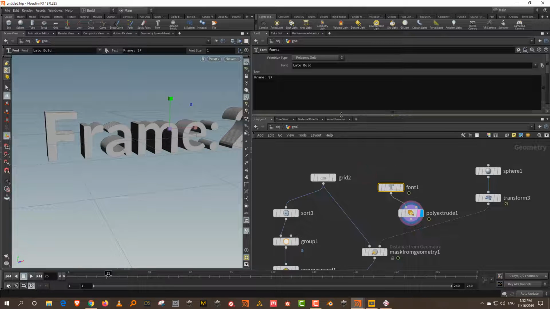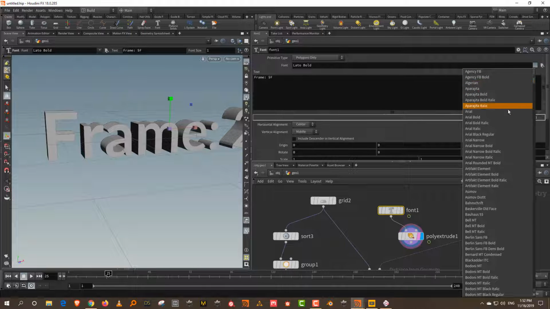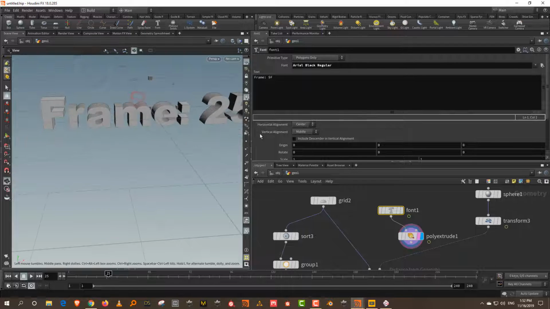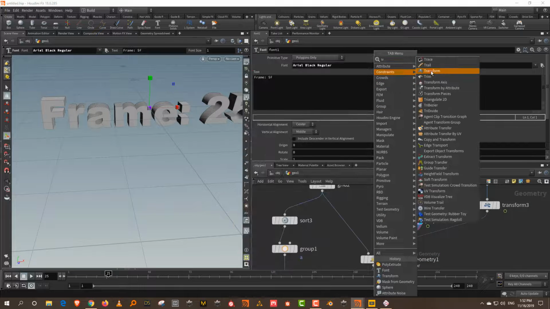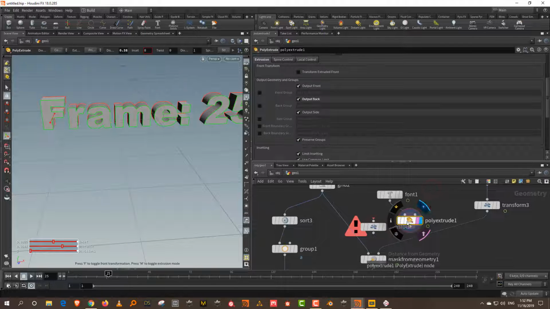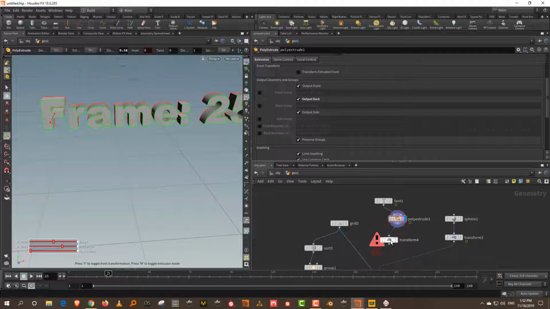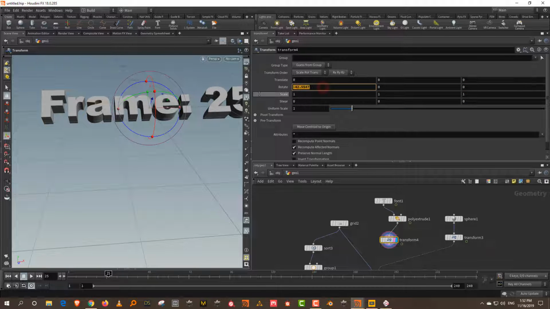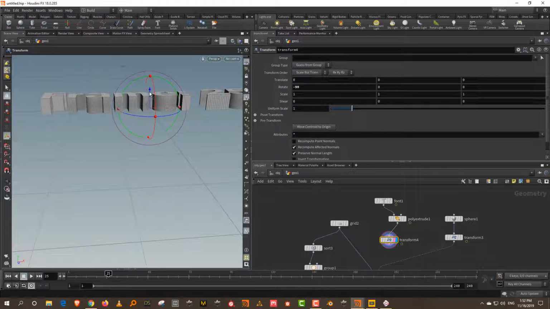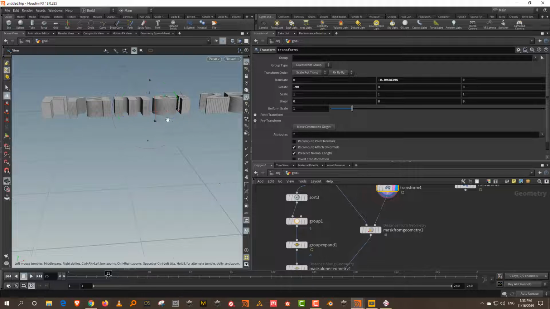And let's change the font type to something a little better. So I'll take Arial Black, which is a much thicker sort of font. And also we need to lay it flat on the ground. So let's take a transform and I'll plug this in and rotate it flat to the ground. So we'll do like -90 and then just move it down a bit. Okay. And so instead of this, if I plug this in